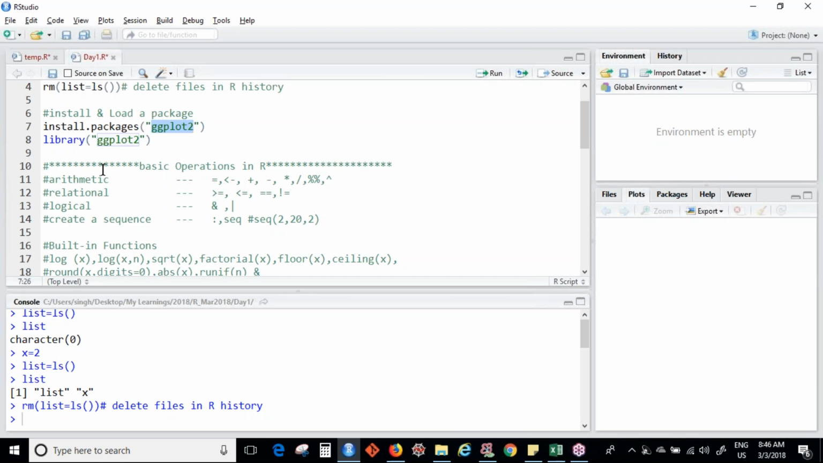So how do we install a package? We use this function, install.packages, and then you write the name of the package. So if you see here, I'll start writing